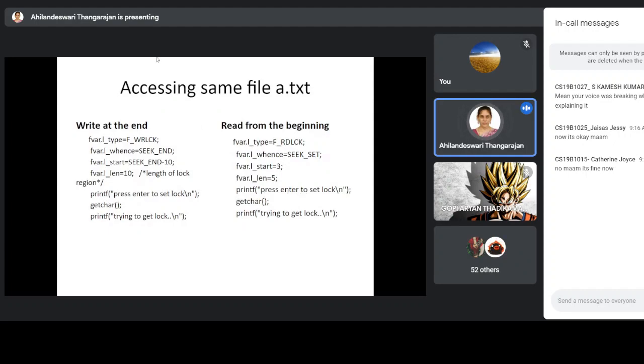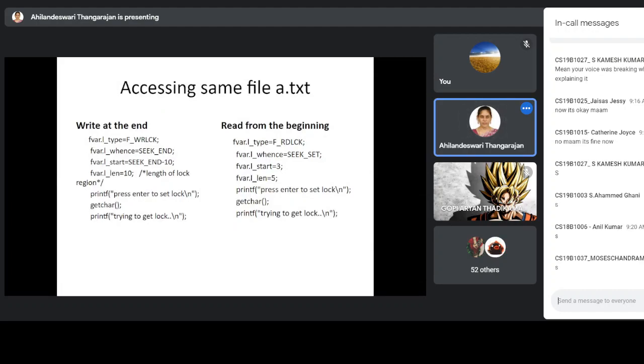If you are clear up to this, type yes in the comment section. What about others? Okay. Then